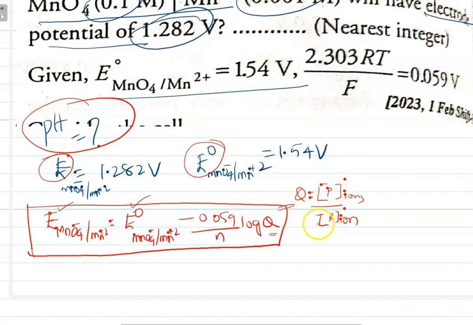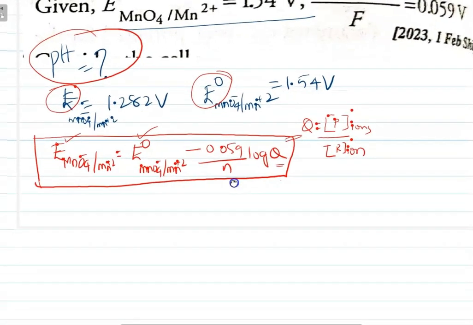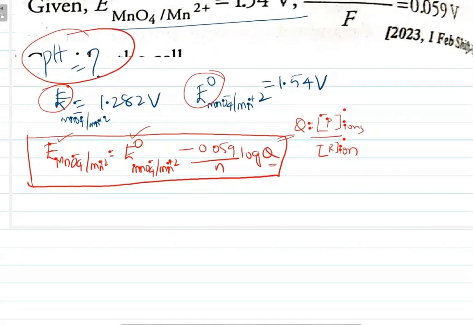So once you want to know the reaction quotient, first you need to write the equation which is involved in this electrode potential. You can see the equation involved is MnO4 minus is converted to Mn plus 2. But he is asking us pH, which means there is some hydrogen. pH is nothing but the negative logarithm of the concentration of H plus ions. So MnO4 minus converted to Mn plus 2 will react with H plus ions, because without the H plus term we cannot calculate the pH values.